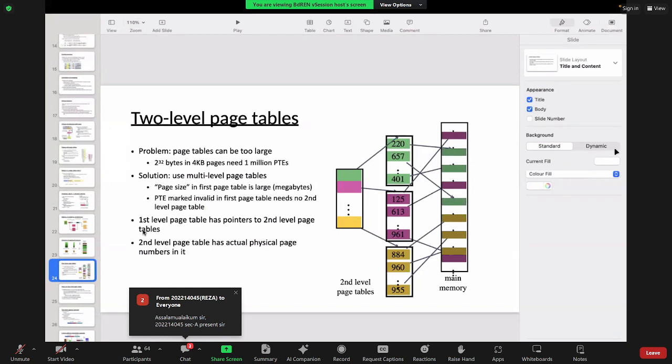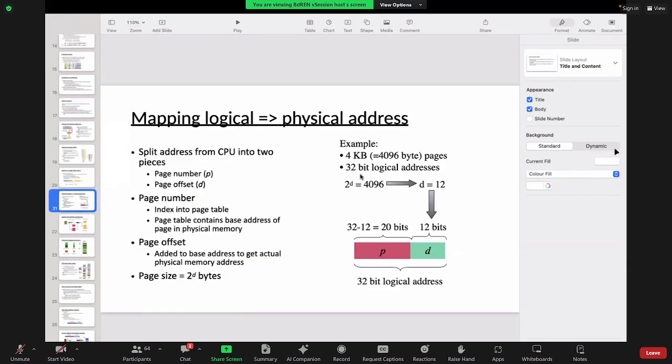Now why are we discussing this? Because if there is only one page table having 32-bit logical addresses, it will have records of almost 2 power 32. If it is 64-bit logical addresses, you can just imagine the size of the page table.